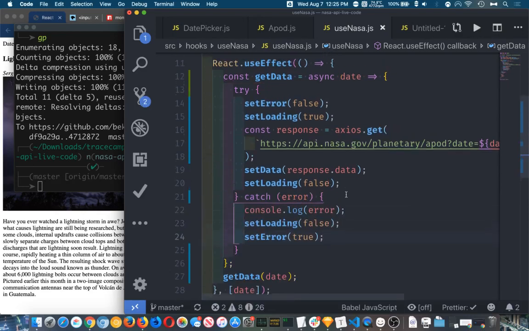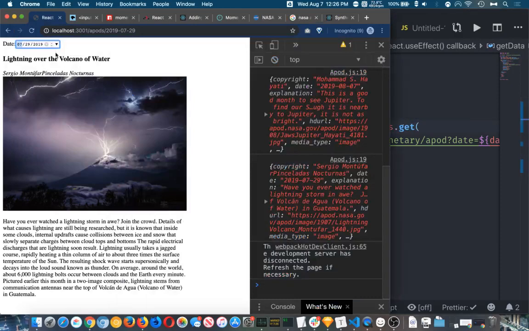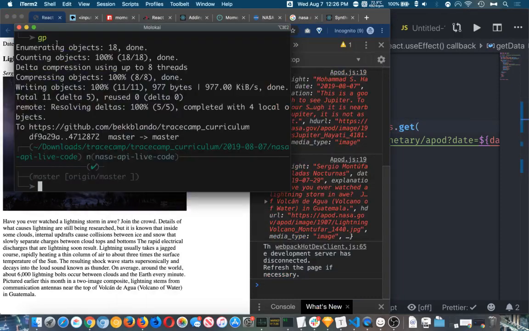This is what it will now look like when we use async and await. Now you may be thinking, that looks about the same. So we have our try, we have our catch. Don't forget our await. And if I start my server and reload,